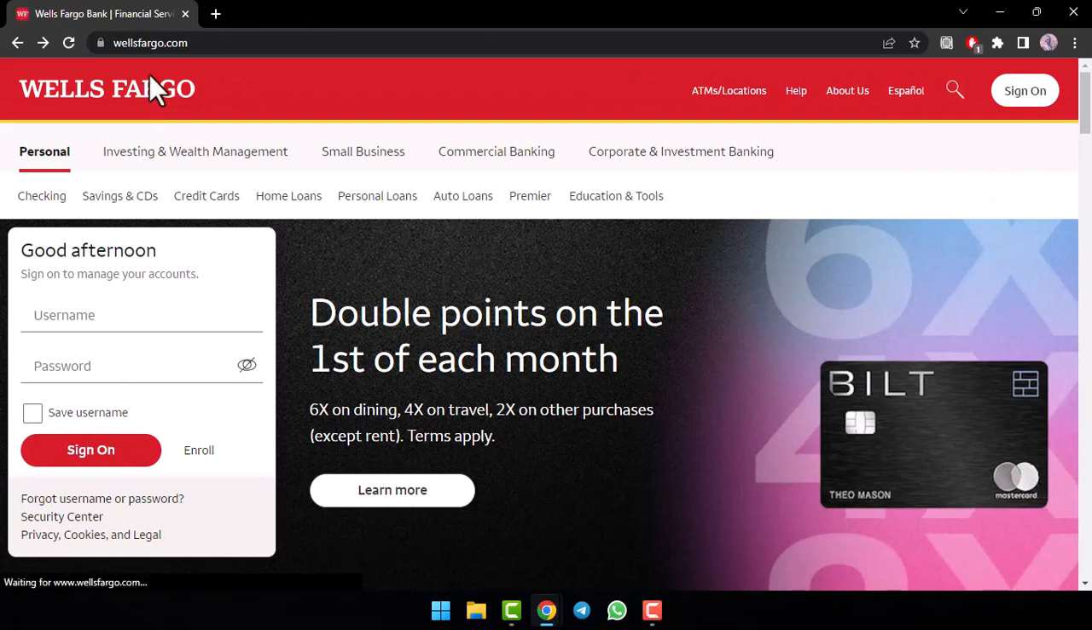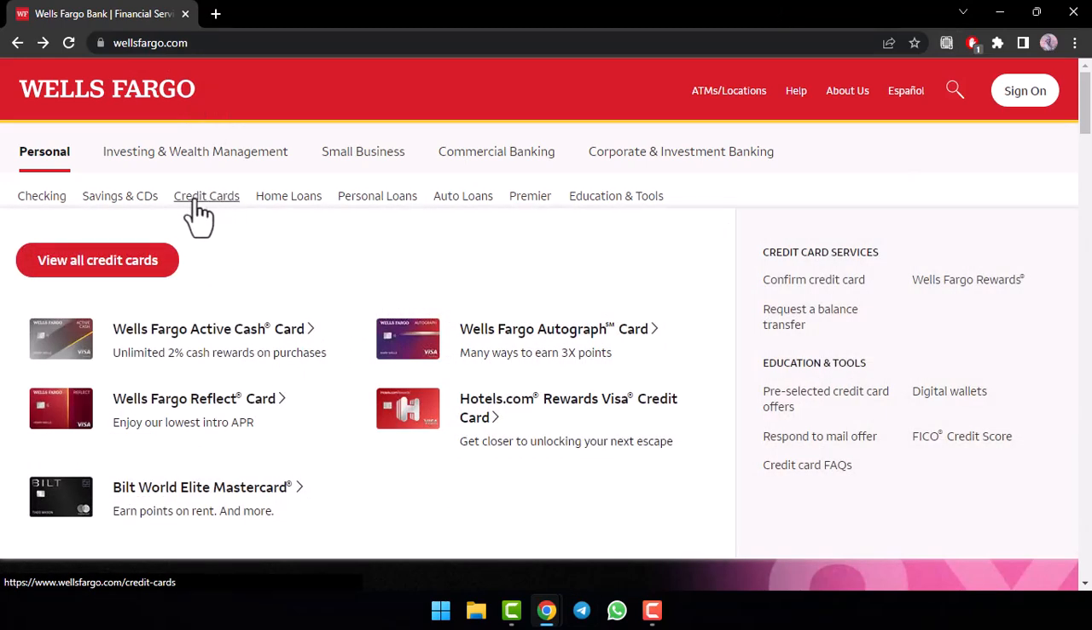Now let's talk about how you can apply for a credit card from Wells Fargo. So to do that, first of all, go to the homepage of Wells Fargo Bank, which is wellsfargo.com. Now your homepage will look somewhat like this, where you'll have to tap on the option credit cards, which is right over here. After that, a drop down box will appear where you'll have to tap on the option view